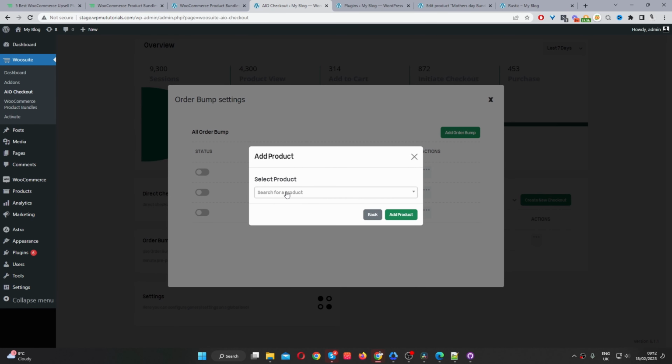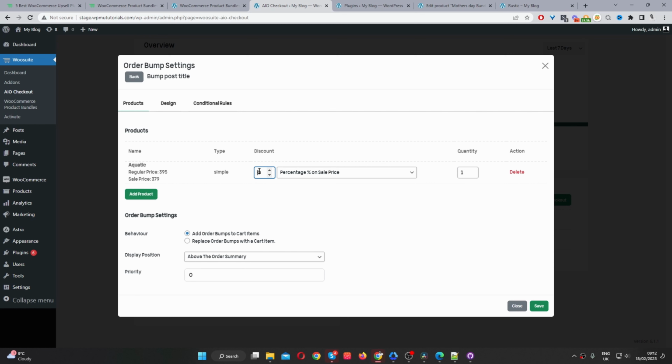Okay, then we can add a product. And then here we can add our discount. So we can specify it by a fixed amount based on the sale price. So percentage discount based on the sale price, fixed amount based on the sale price, or based on the regular price. So what this means is, let's say for example, the regular price is